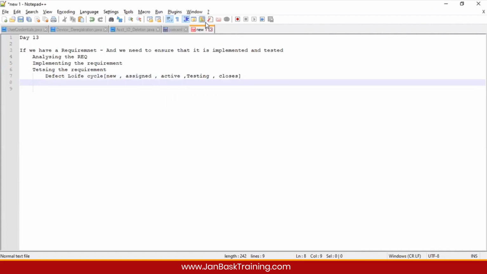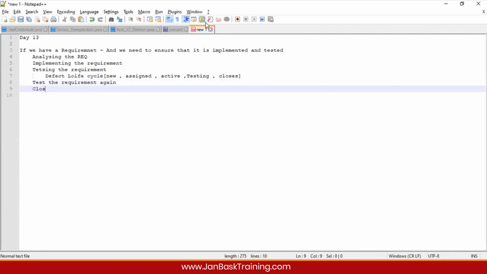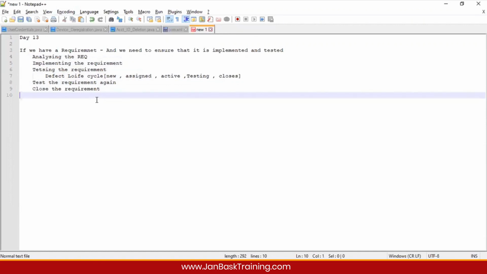Once it is done, then we could say the requirement is closed. So you see, testing a small single line of requirement took us this many steps. That's the life cycle that happens usually for each and everything.